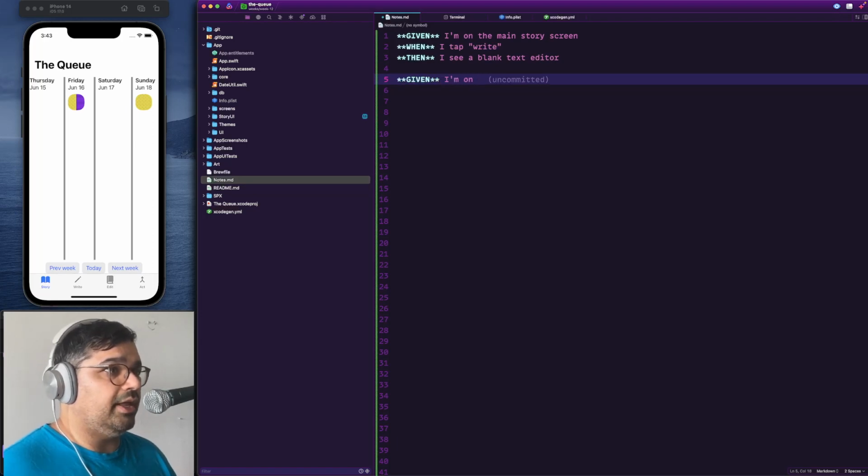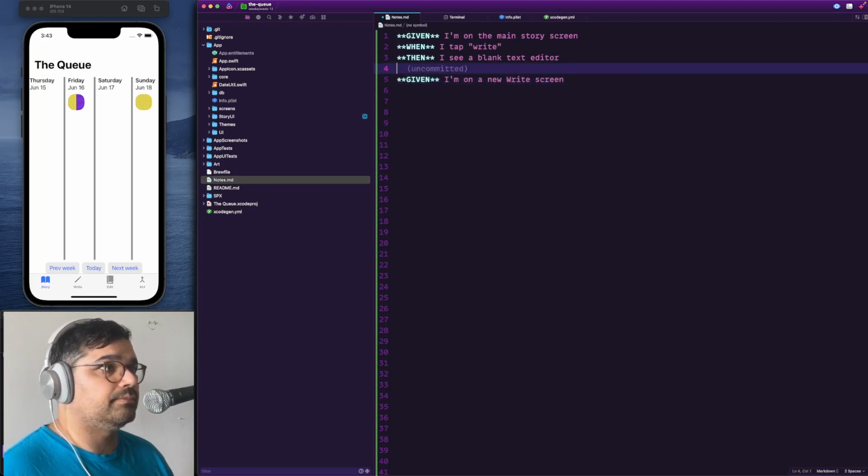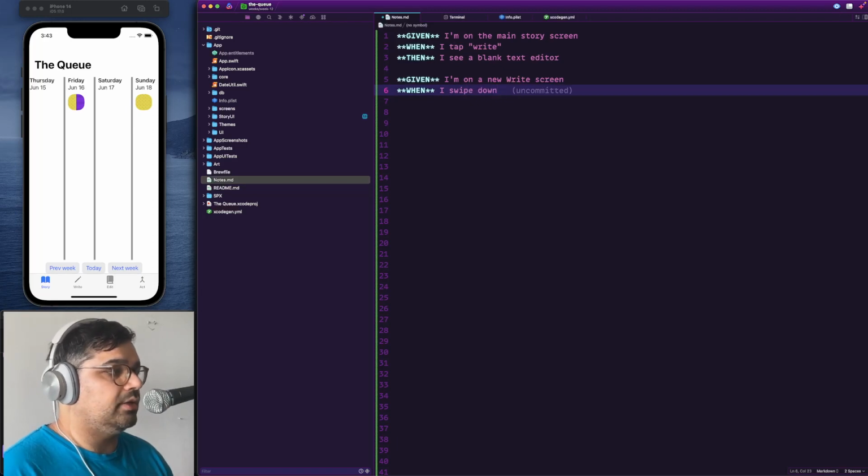Given I'm on a new right screen, when I swipe down or press the down button,